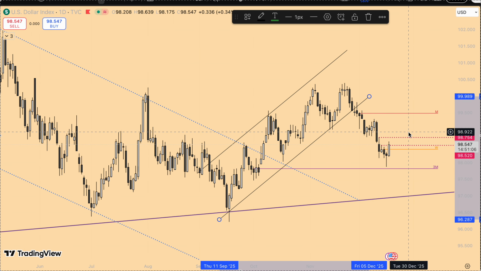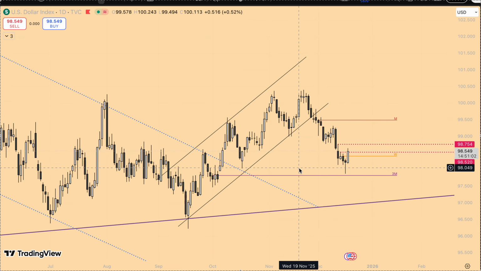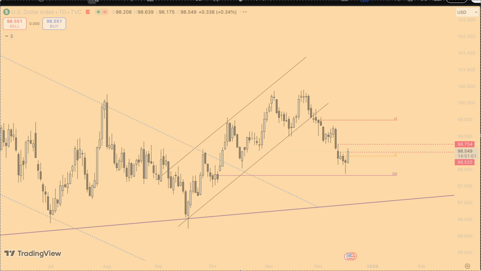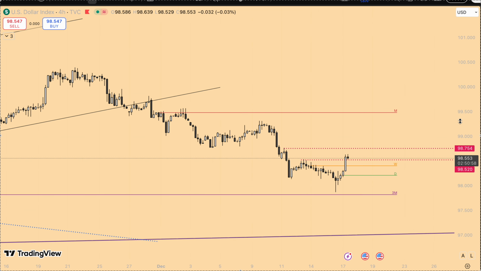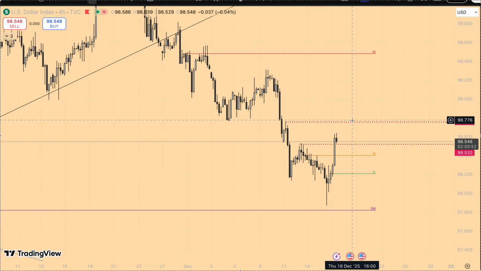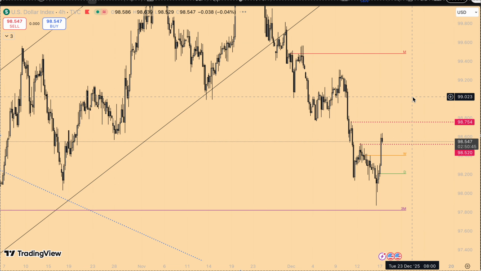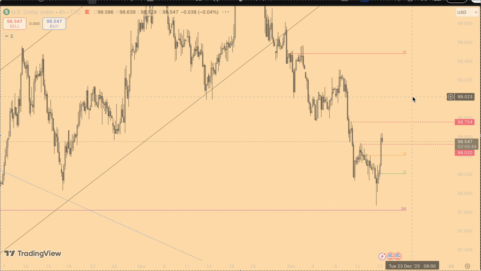So I'm just looking for, it's not really clear. I wouldn't be looking for longs from here at the moment, honestly. I'll probably just be looking for some short-term shorts. Maybe we've grabbed this liquidity, or maybe we even grab this one, and then once you see that change of character, you could just scale into those dollar shorts. Honestly, that's just what I see, but it is not the clearest of markets at the moment.